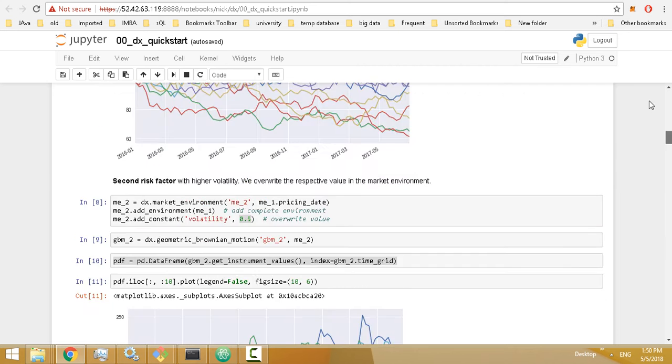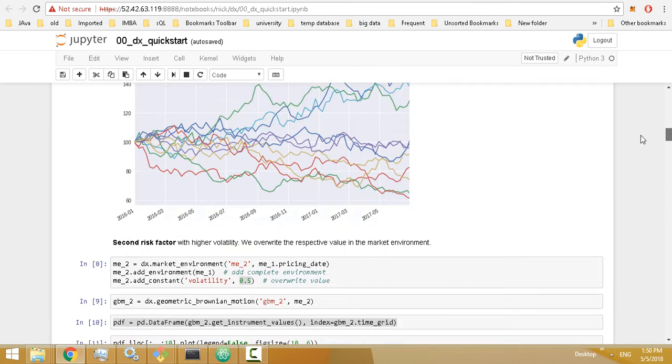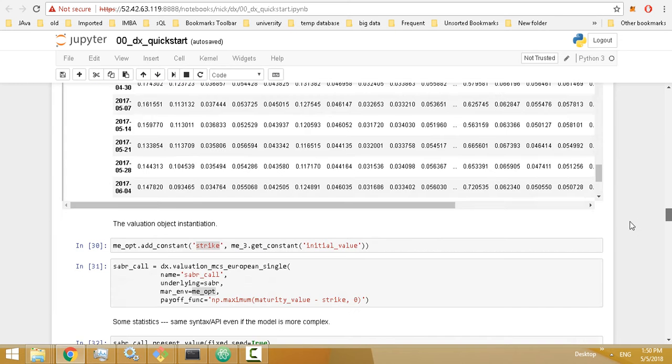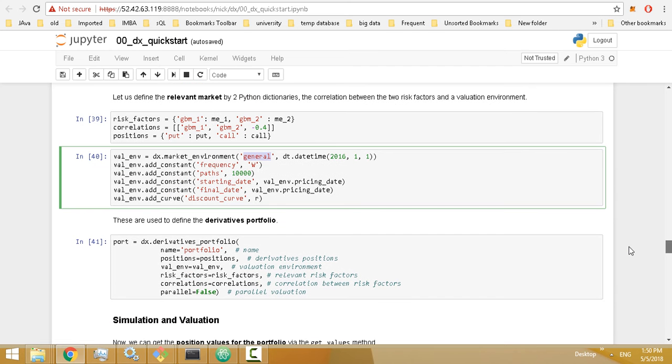If you remember what we passed on the first argument here, it was market environment. Here it was market environment 2. So now we are using general. Okay, then we say that this is the date time